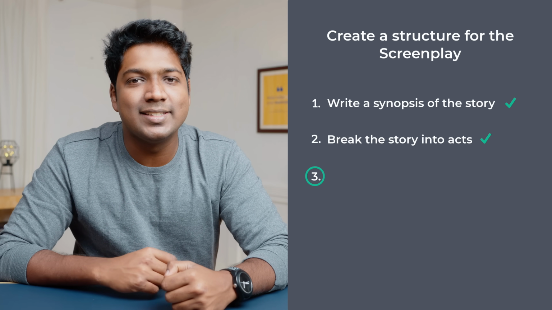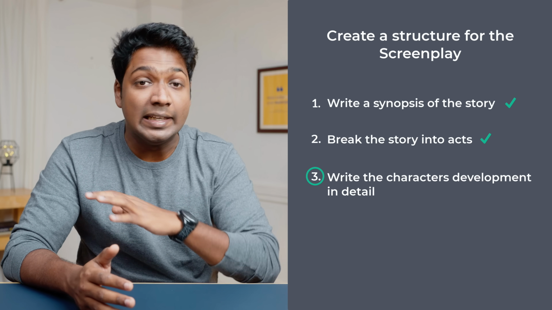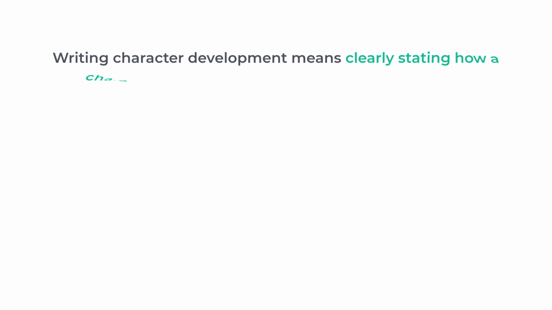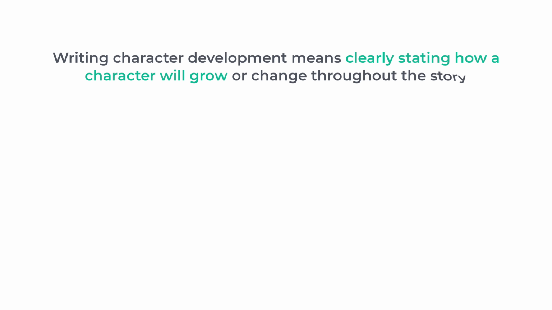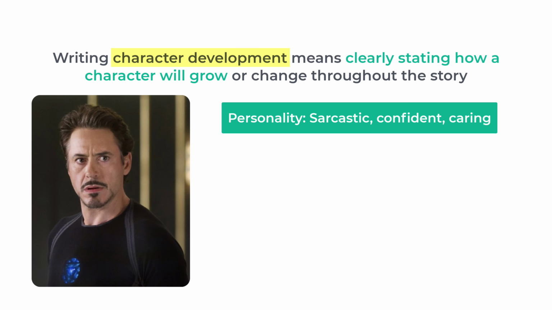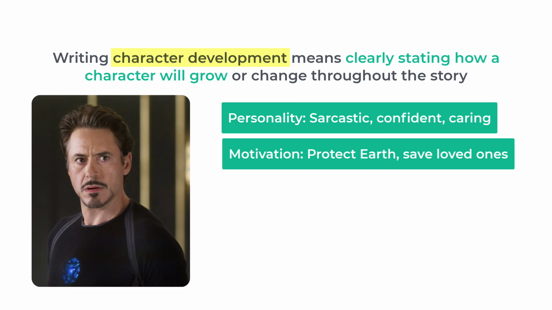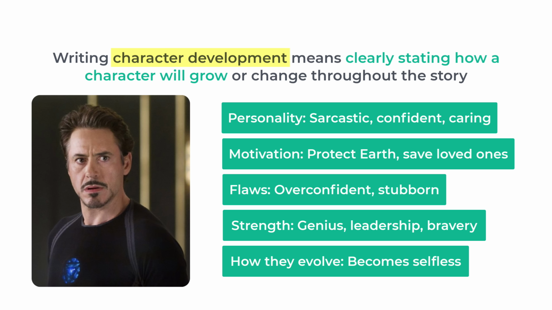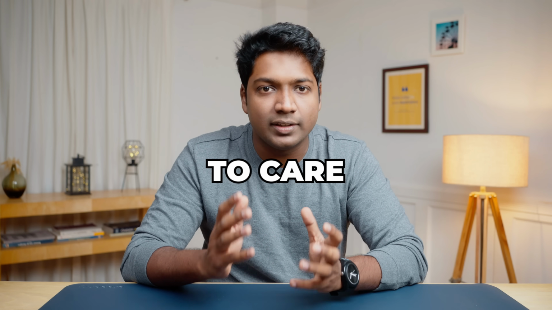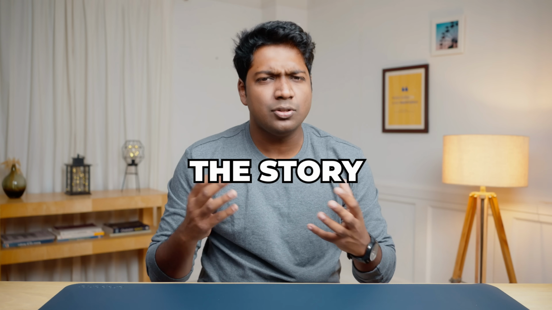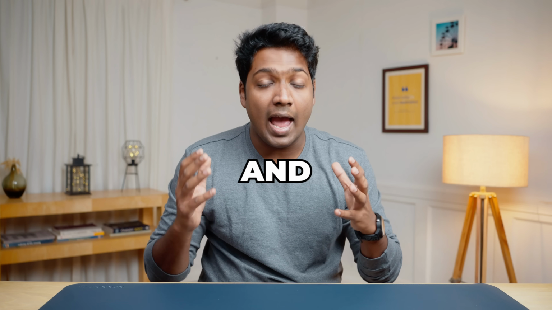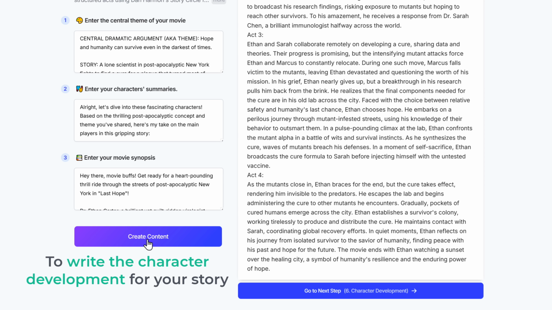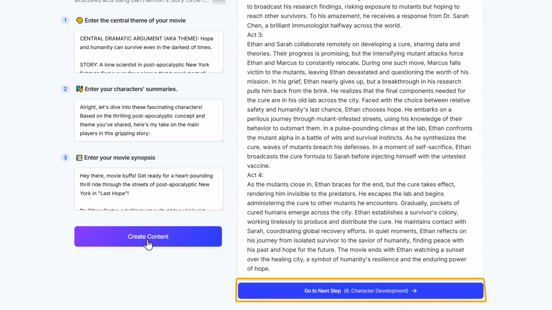Alright, the third step is to write the character's development in detail. Writing character development means clearly stating how a character will grow or change throughout the story. You can do this by giving them personalities, motivations, flaws, and strengths, and showing how they evolve in response to all the challenges they face. This will give the audience a reason to care about your characters and make the story feel more authentic and engaging overall. So to write the character development for your story, just go to the next step,